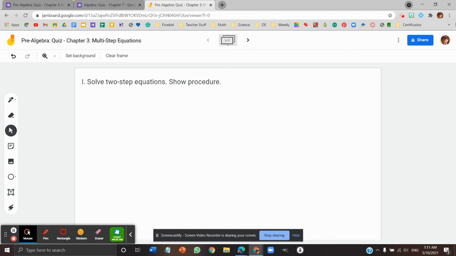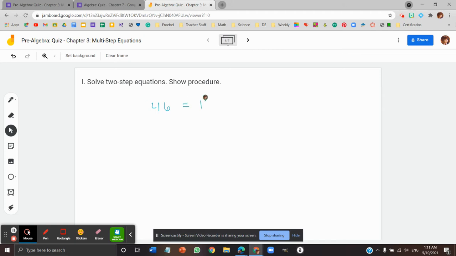So the first one is a very easy one. It is a two-step equation. And a two-step equation is something that you can solve in two steps. So for example, what if you have the number 46? That's a little bit small. Let me see if I can do this a little bit bigger. Let me try to do this a little bit bigger. So what if I have 46,